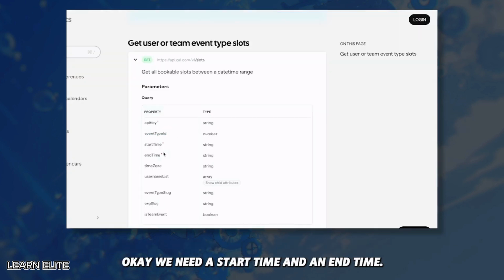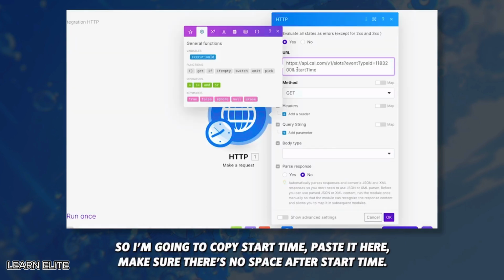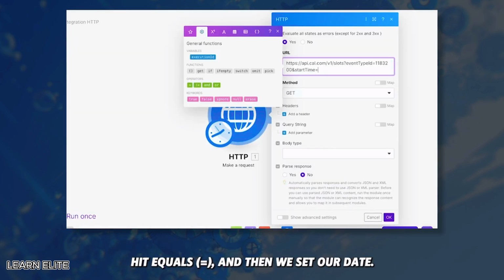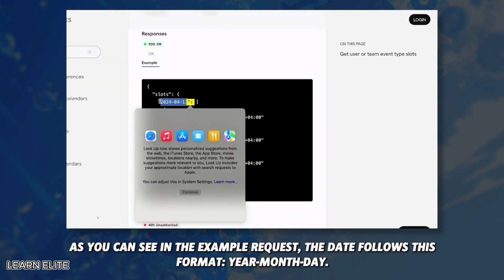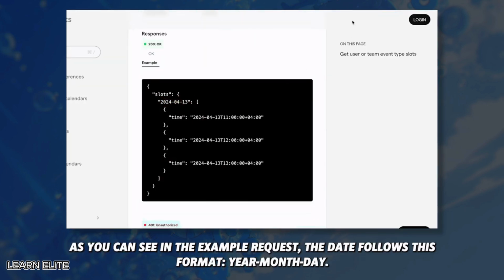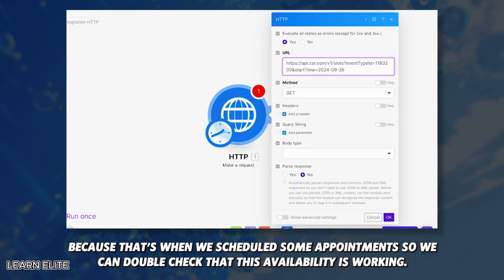Okay, we need a start time and an end time. So I'm going to copy start time, paste it here, make sure there's no space after start time, hit equals, and then we set our date. As you can see in the example request, the date follows this format: year, month, day. So we're going to do that exact same thing. I'm going to write 2024-09 for September, and then 26, because that's when we scheduled some appointments,